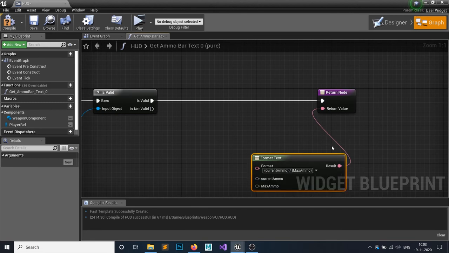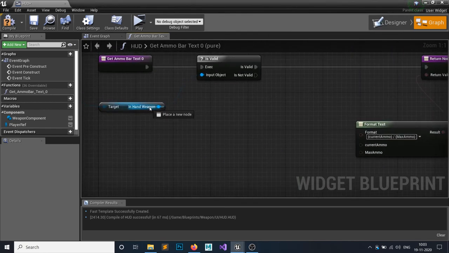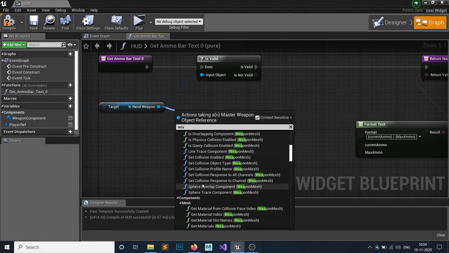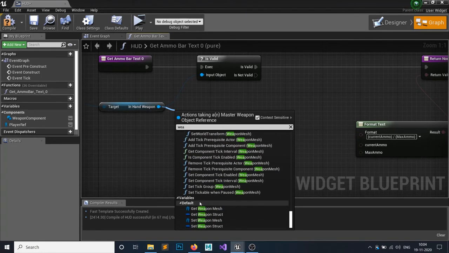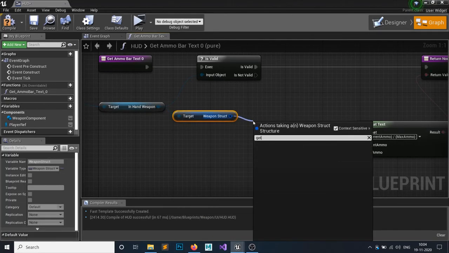And if you hit enter, you can see two parameters. If you code anything in the curly brackets, you can add it as a parameter. So current ammo would be this guy's weapon structure. Where is the weapon structure? Just get weapon structure and get current ammo, a breakout.